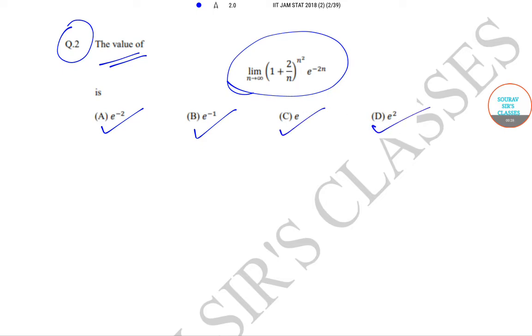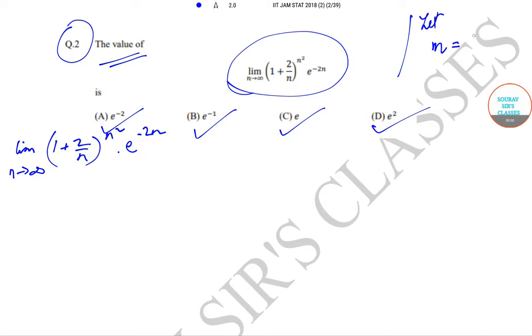So let's begin. We need to find the limit of (1 + 2/n)^(n²) times e^(−2n), where n tends to infinity. What we'll do is take a number m, let m be equal to n/2. So as n tends to infinity, m tends to infinity. So we can replace it by the limit as m tends to infinity